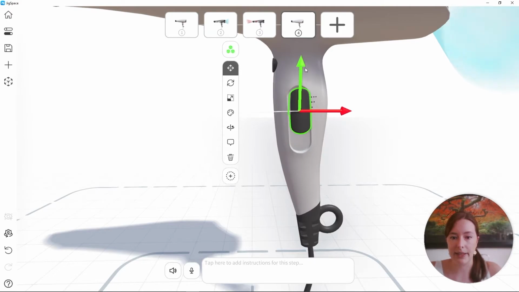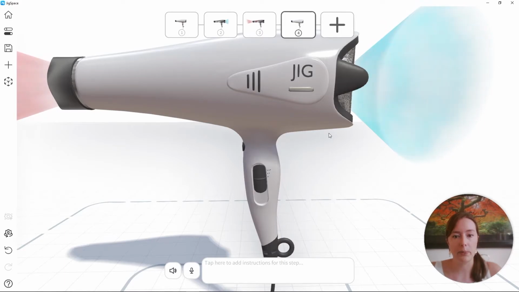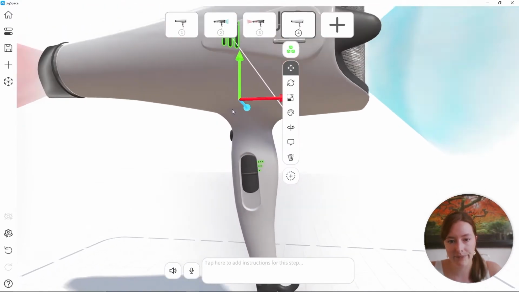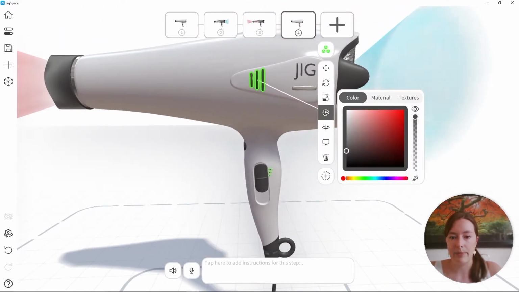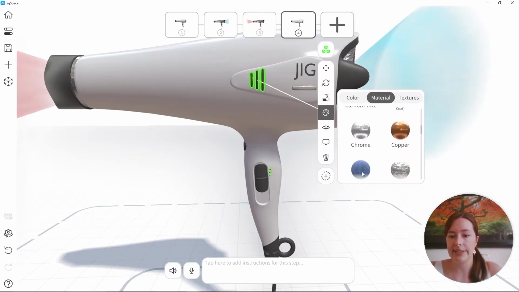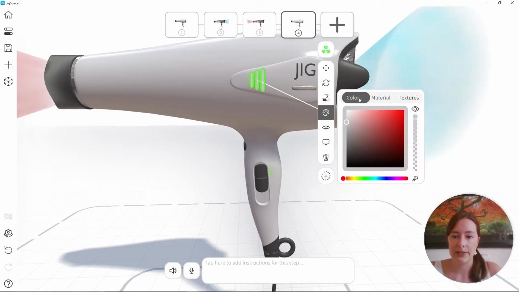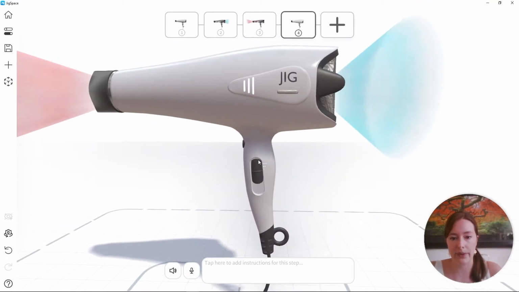So I'm going to lift that up. I'm also going to make a couple of these objects appear to glow as though they have backlighting. I'll select these bars and these dots here. And in the color palette, I'm going to go to materials and scroll down to the unlit material. This means that it isn't affected by lighting or shadows in the scene, and it will be as bright as that color possibly can be. So if I crank this up to the brightest white, you can see that it looks as though it's glowing.